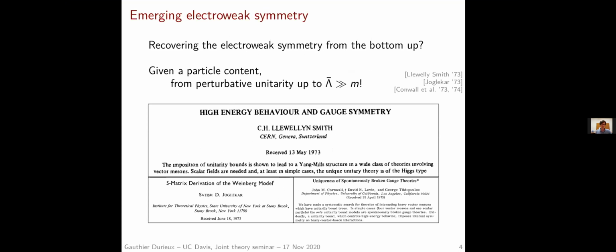So one slight annoyance with the construction of on-shell amplitudes directly in the broken phase with massive particles is that you don't see at first the relations that are due to the electroweak symmetry and its breaking. So we have to work a bit more to recover those. But the solution is known, and already from the 70s,